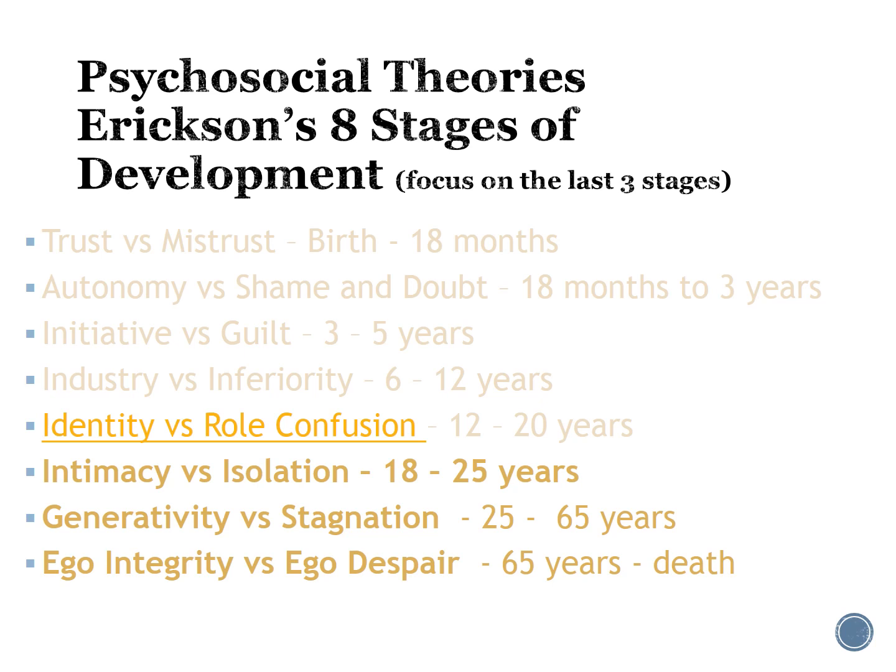Versus stagnation, they just are very self-centered, not thinking about anyone else but themselves and maybe worried about how life is going to treat them and not worried about how they can help other people. So stagnation would be the unhealthy stage. As we move forward, 65 to death is ego integrity versus ego despair in Erikson's stages. Ego integrity would be the healthy stage. Ego despair would be the unhealthy stage.